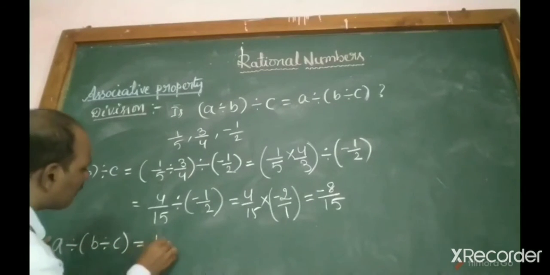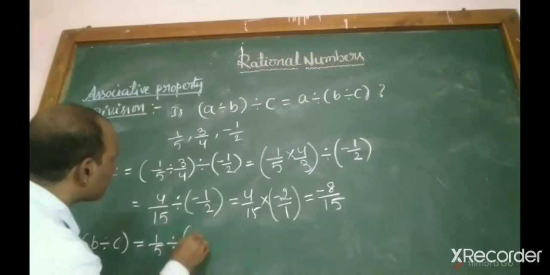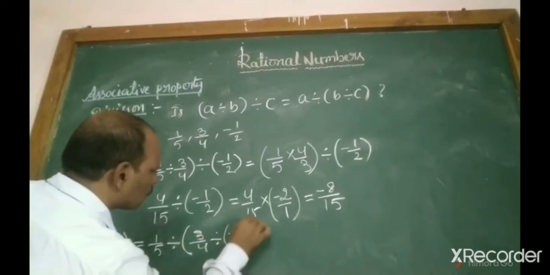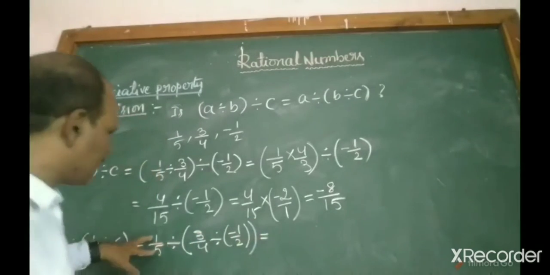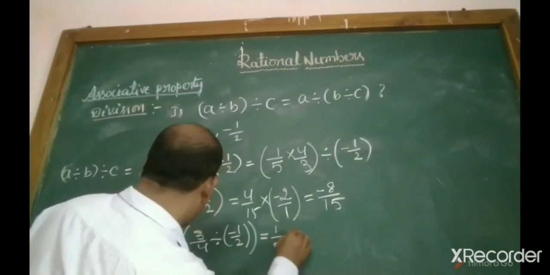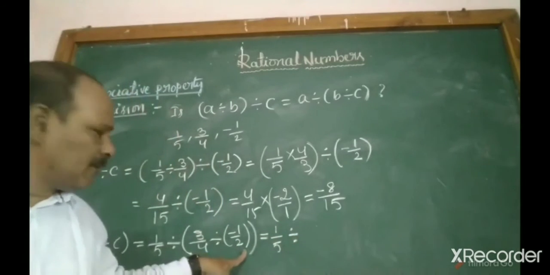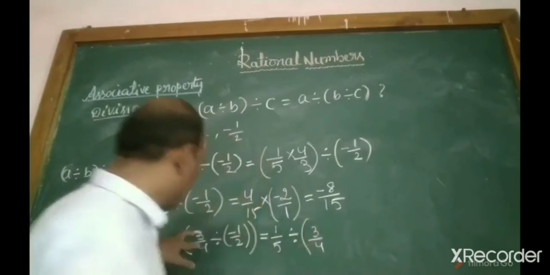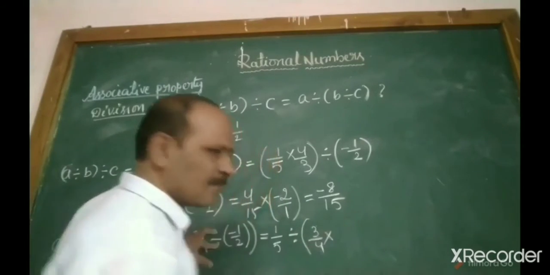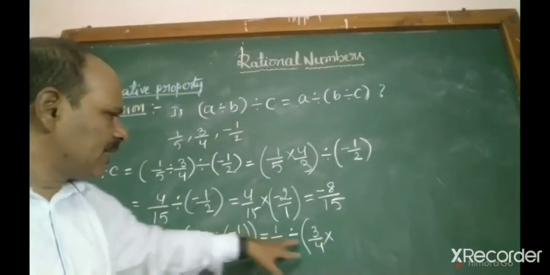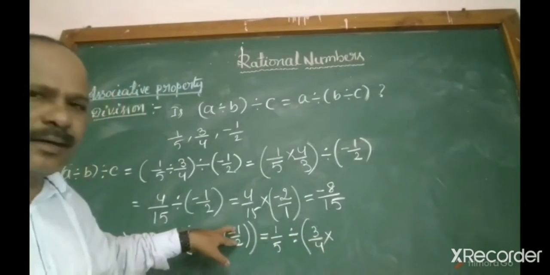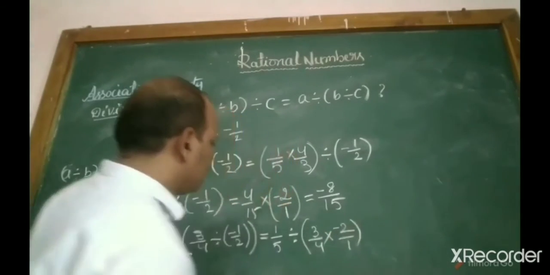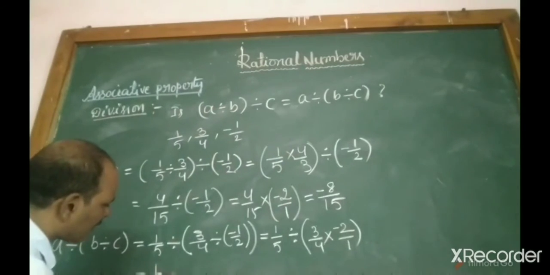It is equal to 1 by 5 divided by bracket of 3 by 4 divided by minus 1 by 2. See, 1 by 5 as it is, divided by, and simplify the bracket first. So 3 by 4. This division symbol I am changing into multiplication symbol. Once I change the division symbol into multiplication, we have to write the reciprocal form, that is minus 1 by 2, it is minus 2 by 1. In further simplification, 1 by 5 divided